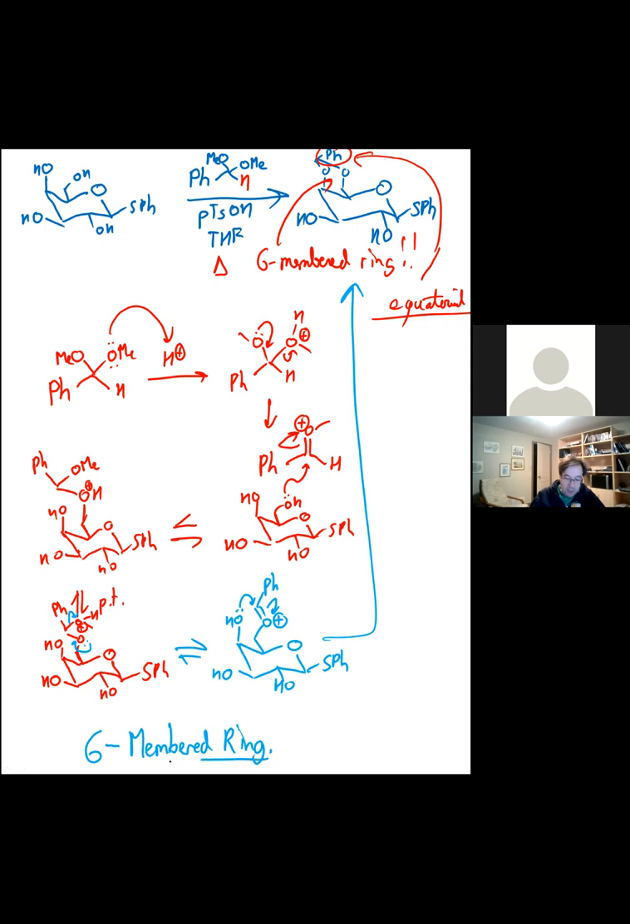And again, this comes down to the idea that we have a single substituent and we can put it equatorial. So just keep that in mind because, well, that's cool. I now have C2 and C3 open. But what if I don't want to do that? What if I want to do something else? Well,